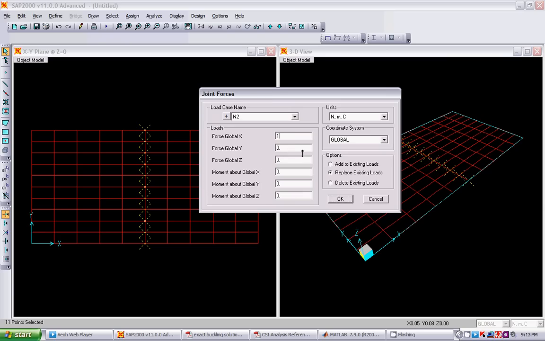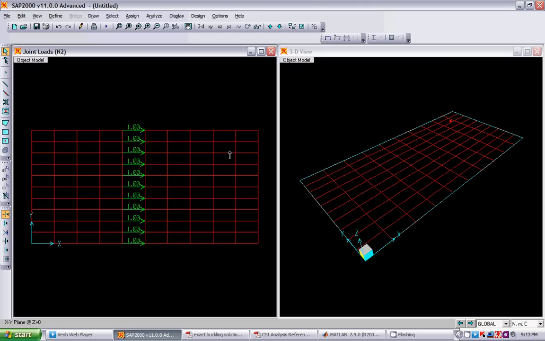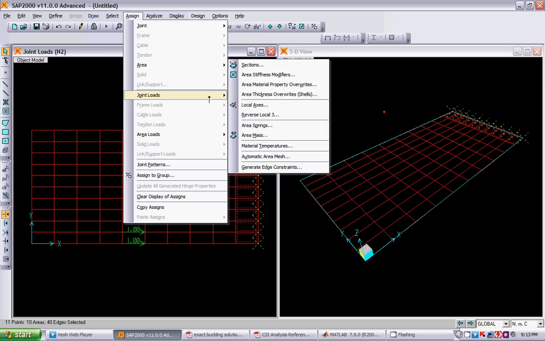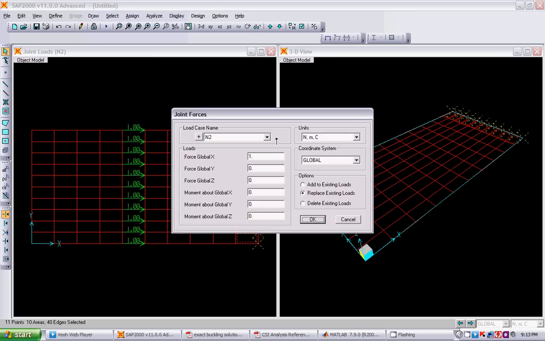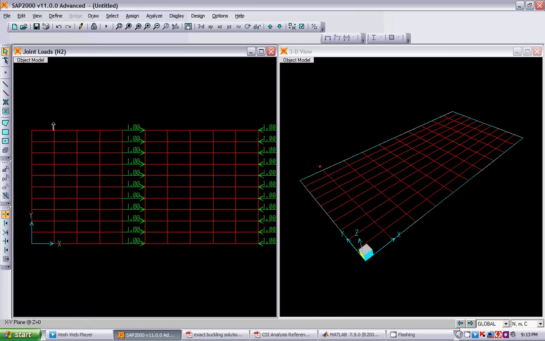So we choose 1, and similarly we would like to give a load of -1 Newton. You can see, and we would also like to provide a boundary condition in the research paper.